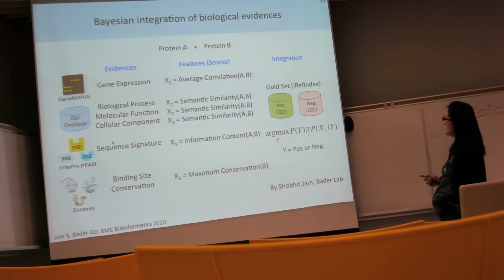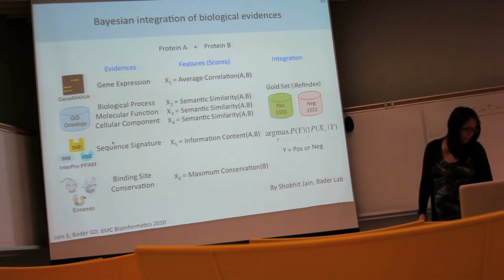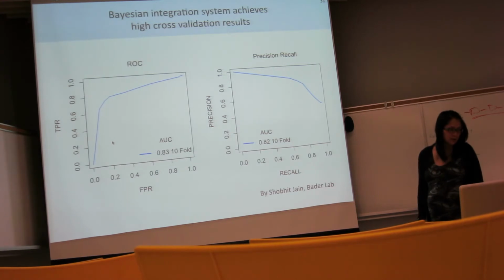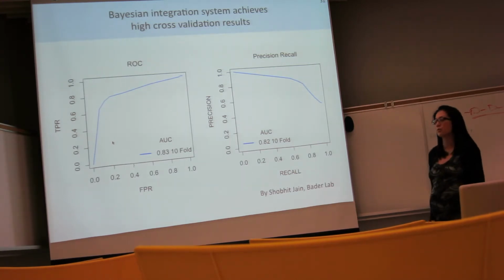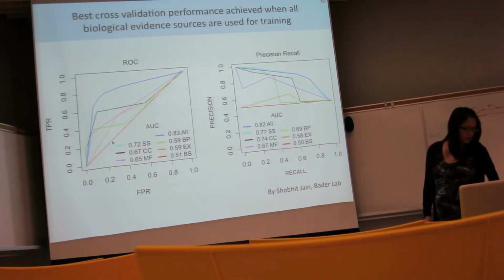So if the probability of seeing these features in the positive set is greater than in the negative set, then protein A and protein B are predicted to be physiologically relevant. So Chobit performed a tenfold cross-validation to estimate the performance of this integration system, and the AUC scores were both very good. And he also